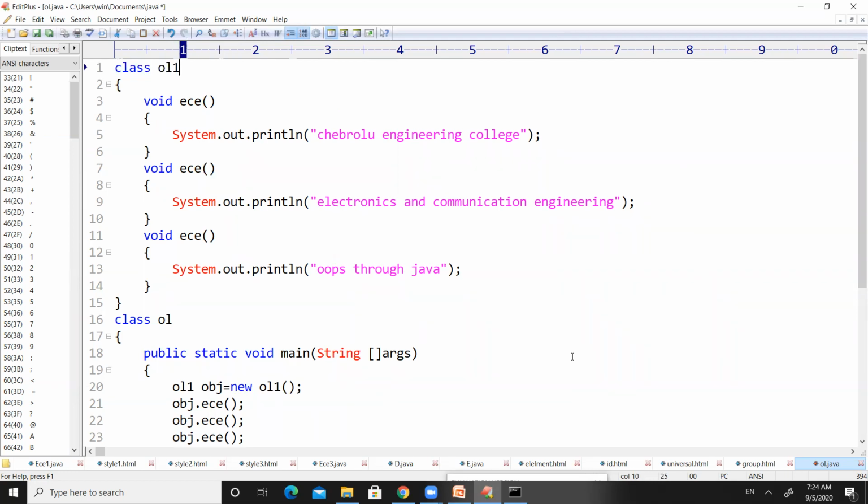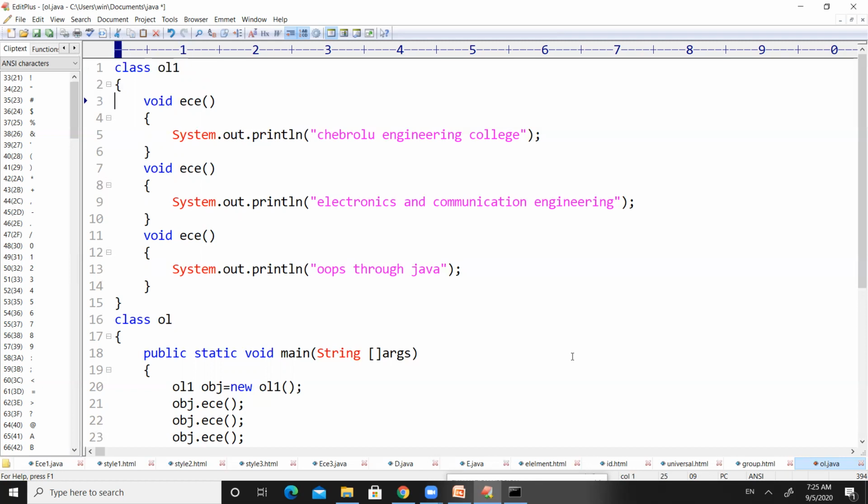I am not going to write a new program; I am going to make the changes in the same program. This is the basic thing we have written previously. In this, we previously applied the difference in terms of number of parameters. Now we are going to apply the difference in terms of type of parameters.